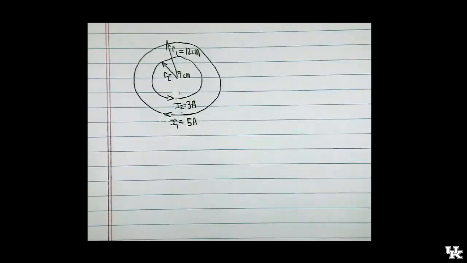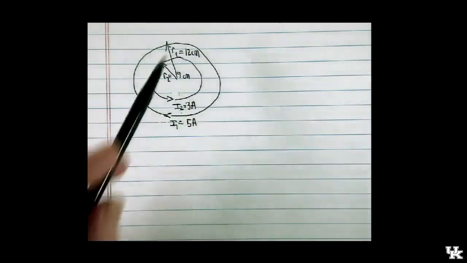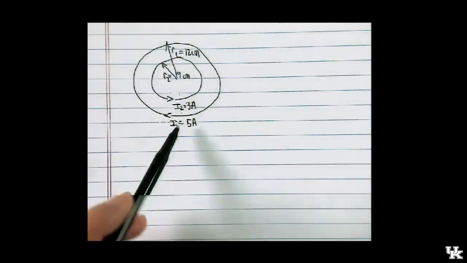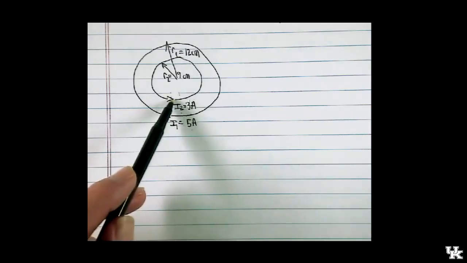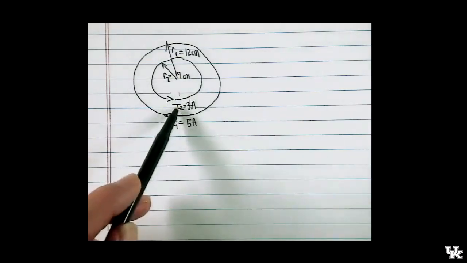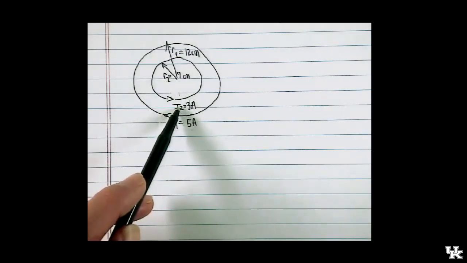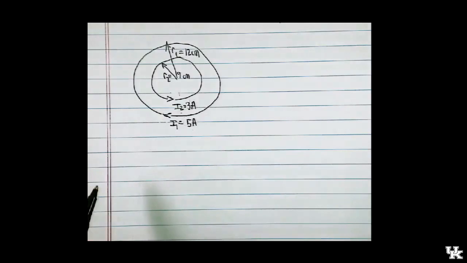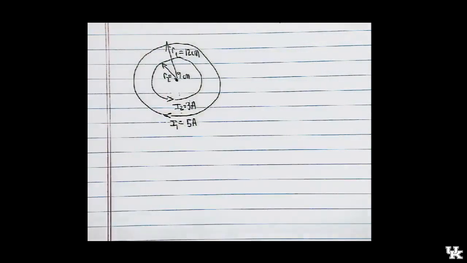Okay, so here's my attempt at starting this problem with a sketch. And if you remember, the outer loop had radius 12 centimeters. I called that R1, and it's got the higher current. It's 5 amps. The inner loop had a radius 9 centimeters. I've called that loop 2, and its current was 3 amps, smaller current. They're concentric, so that means that it's centered on the same point, and that's where we're going to find the